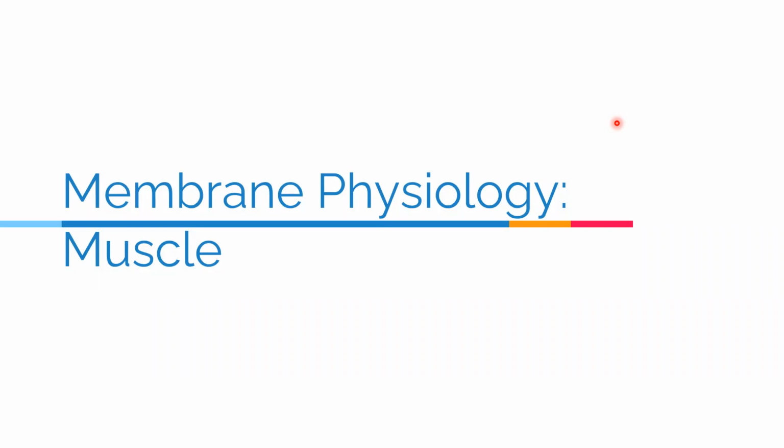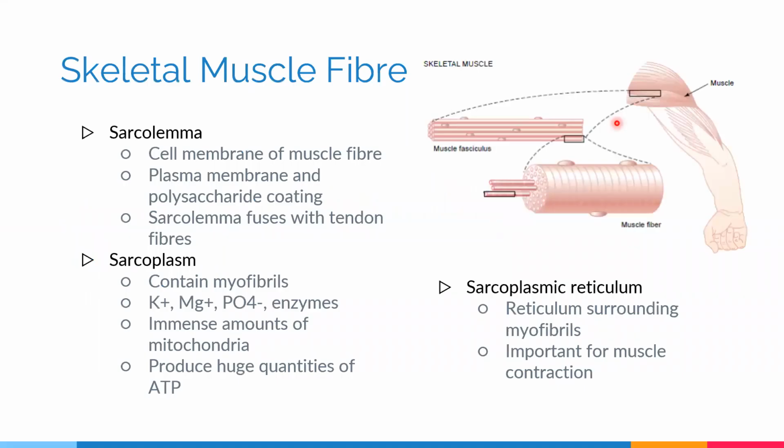In this particular lecture, we will learn about different types of muscles and look in close detail into the membranes of these muscles and learn how exactly they function and contract. To start off, we are going to look into the first type of muscle, which is known as skeletal muscle. Skeletal muscles are, as the name suggests, associated with our skeleton and help in our locomotion as well as movement